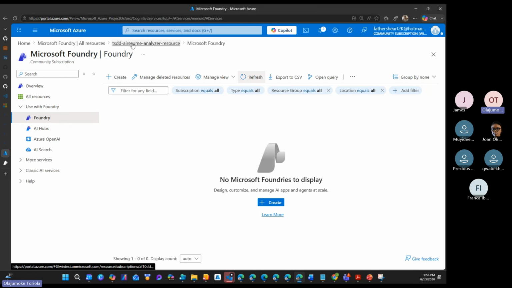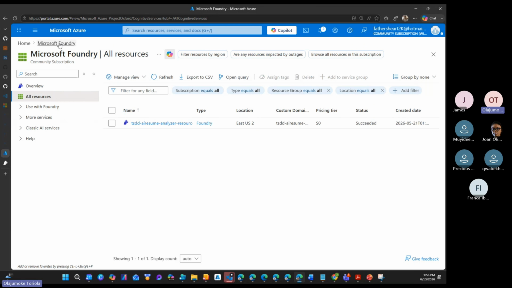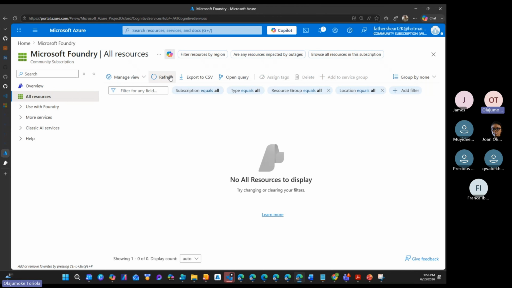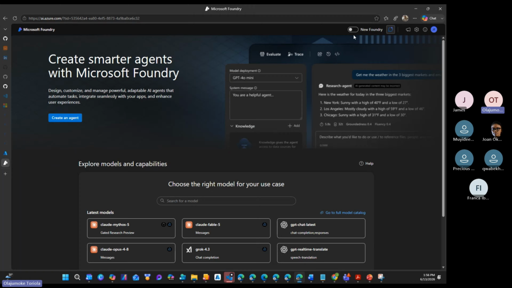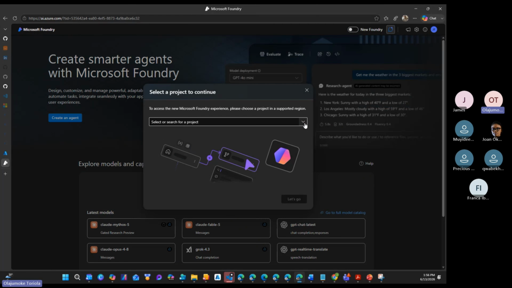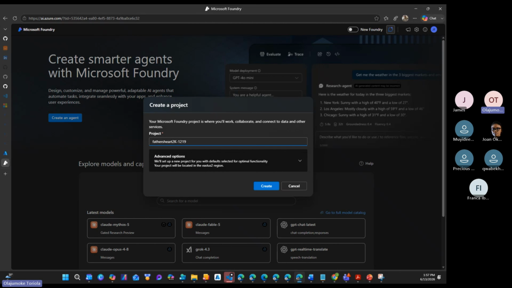So if I say create an agent, I want to see if that thing has finished. Okay, it's great. So I don't have it again, because I want us to start from afresh. So if you do not have the new interface, if I say new Foundry, you can see I said I should select a project, or search for a project. If I do not have one, I will say I want to create a new project. Do you understand? Now, the new project I want to create right now, I'm going to name mine Word Smart Assistant. So you can just follow me.